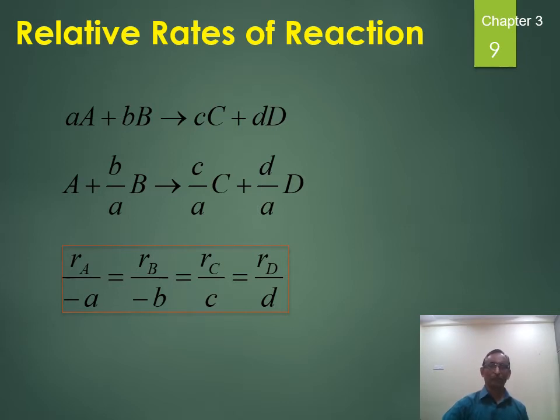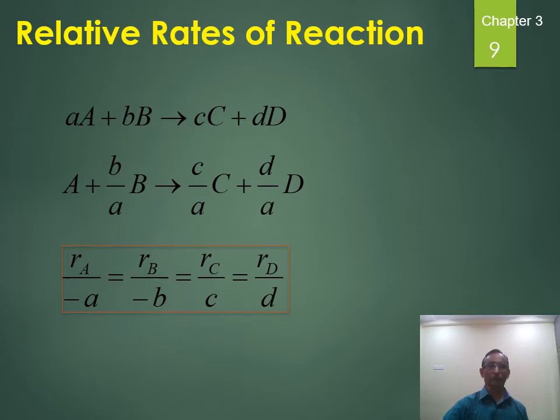When you write down the relative rates, we divide this equation by the limiting reactant. In the first unit you studied what is meant by a limiting reactant. Consider A as the limiting reactant, which controls the conversion of A and B to C and D. If A is the limiting reactant, we divide throughout the reaction by small a, its stoichiometric coefficient. So we divide throughout the reaction by the stoichiometric coefficient of species A, that is small a.